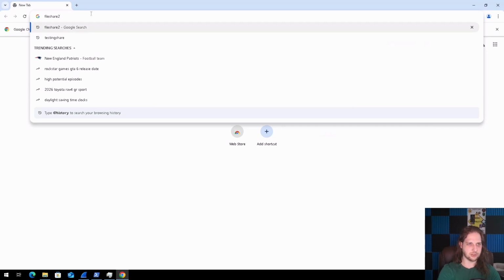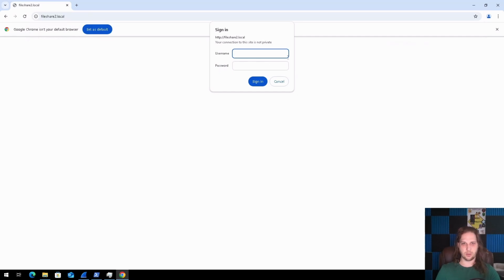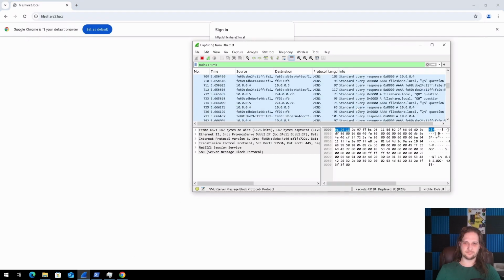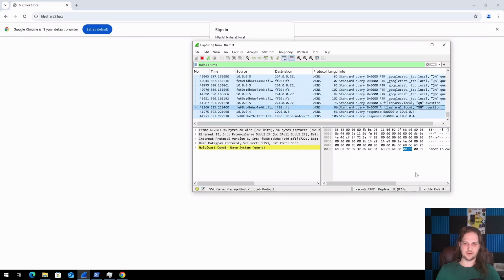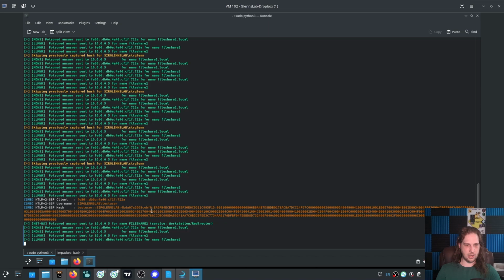Let's do fileshare2.local. We do have to add the .local this time. We're getting prompted for a password again. Sure enough, mDNS fired for fileshare2.local. We go back over to our screen here, and okay, we aren't automatically getting that authentication though.